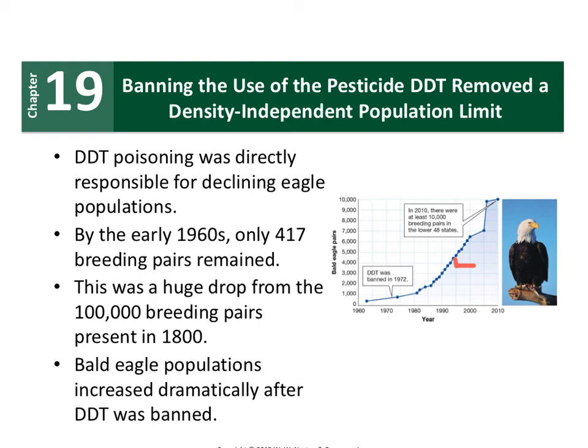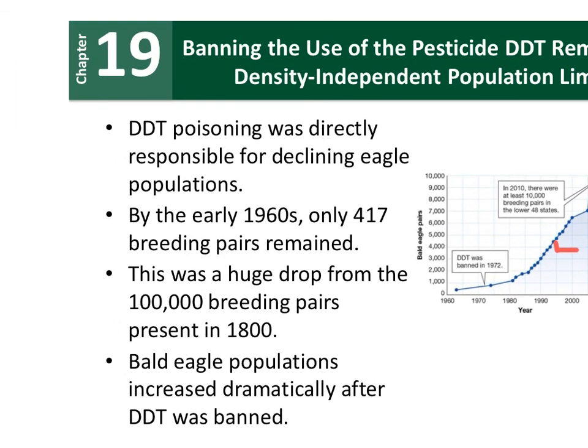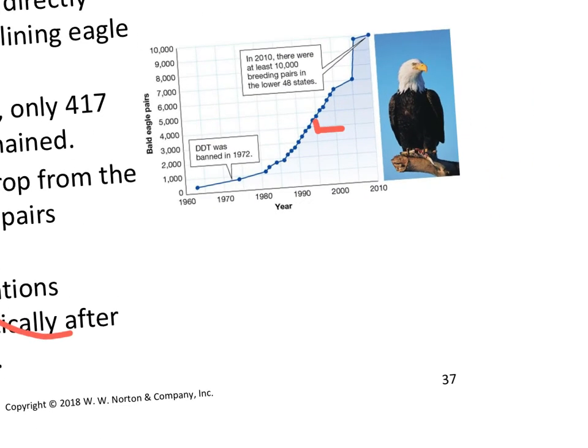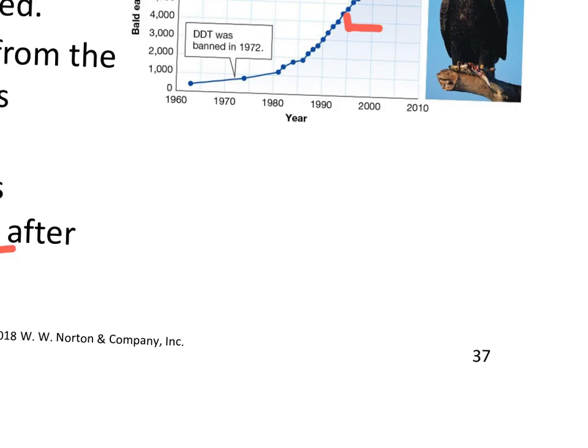And so the population actually crashed. There was more than enough food out there. They weren't competing for food. It's just that their population never got up high enough because there was a failure to reproduce properly. And like I said, in DDT poisoning, this could just as easily have been